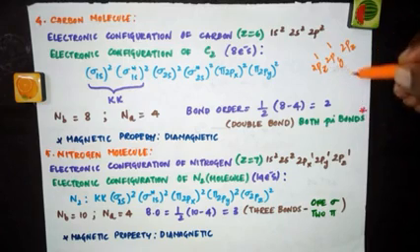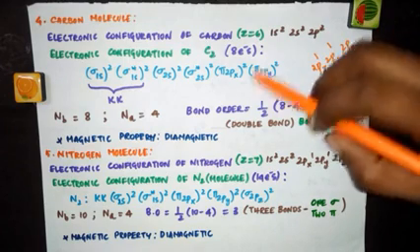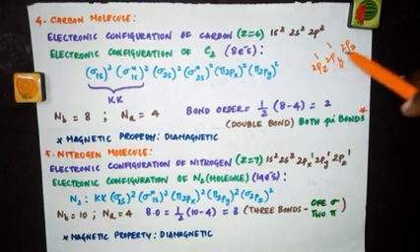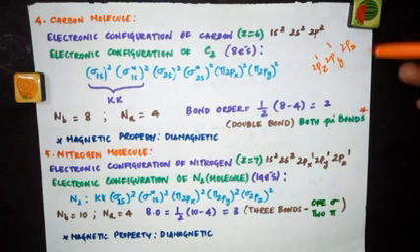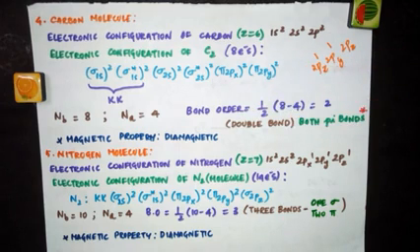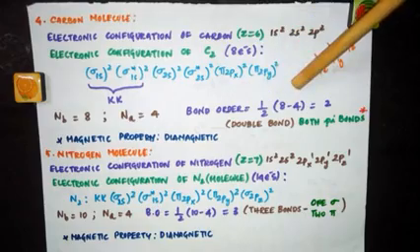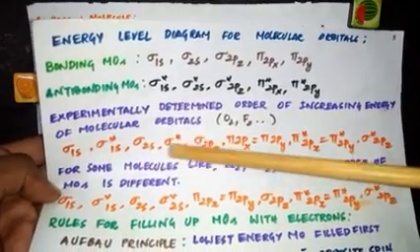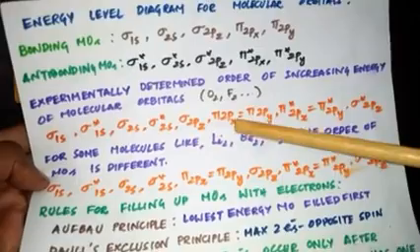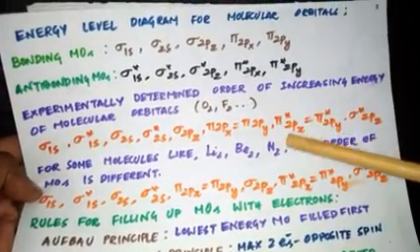So 2px of one carbon atom and 2px of another carbon atom will undergo combination, and you will get pi 2px2. In the same way, 2py and 2py of the two carbon atoms will give pi 2py. Actually, you will be getting pi star 2px and pi star 2py, but while increasing the order and filling with electrons, we will stop with this. Along with that, you will get two more here. Remember this order: sigma 1s, sigma star 1s, sigma 2s, sigma star 2s, and then you have 2pz, 2px equals 2py, pi star, and it goes on.